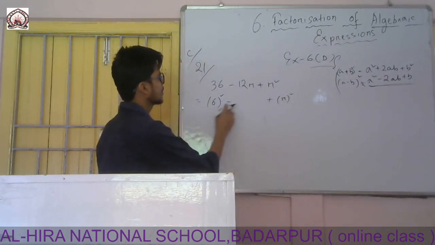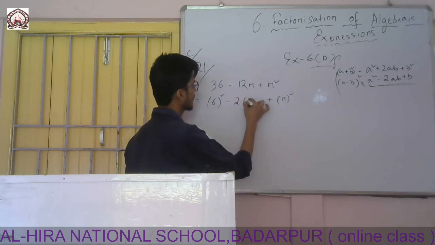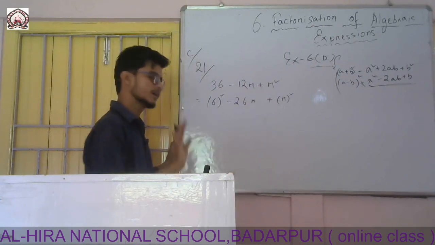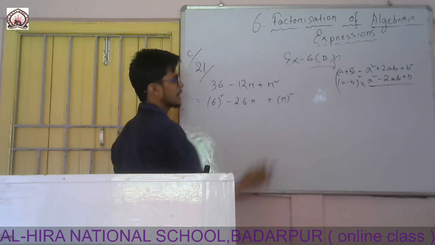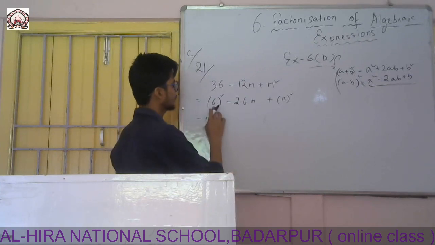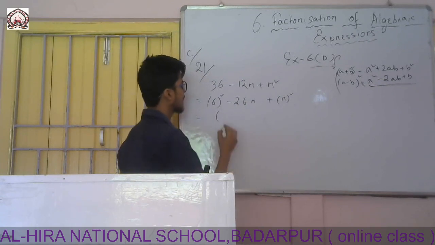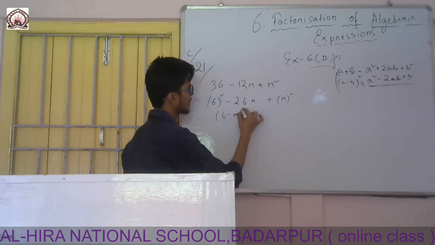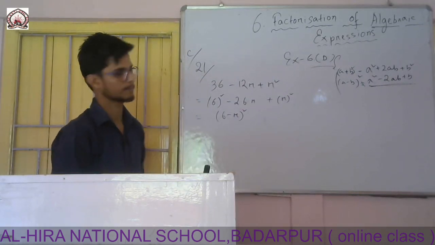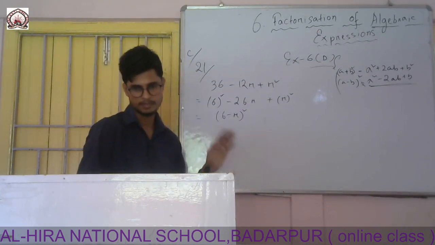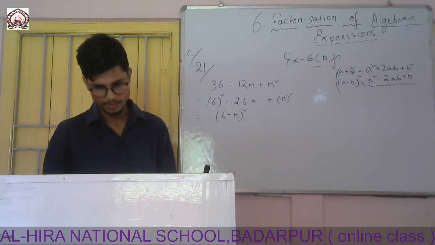Now you know the formula, there will be 2ab. Now you match: 6 twos are 12 and r is there, it will match if you write this one and this one correctly. So now it is of the form a square minus 2ab plus b square, then directly I can write it as (a minus b) whole square, that is (6 minus r) whole square. You can also write it as (6 minus r) into (6 minus r), no problem, but here you can end. Now questions 20 to 23 are the same.